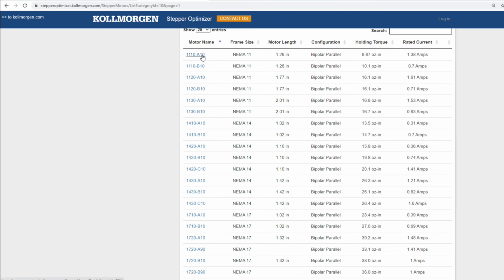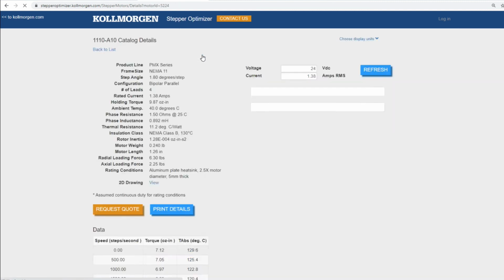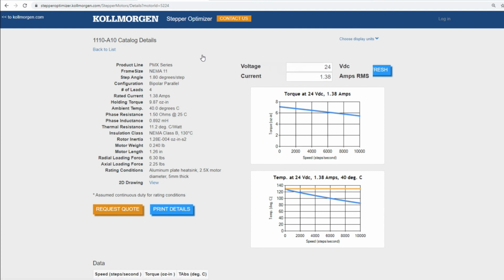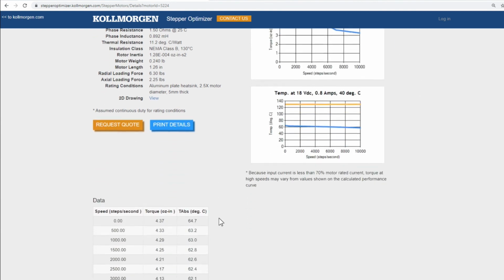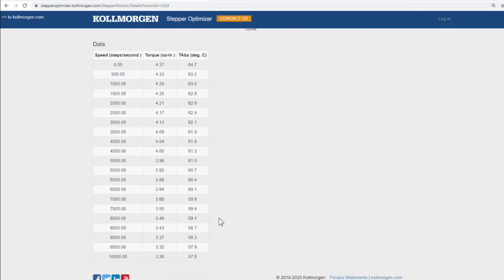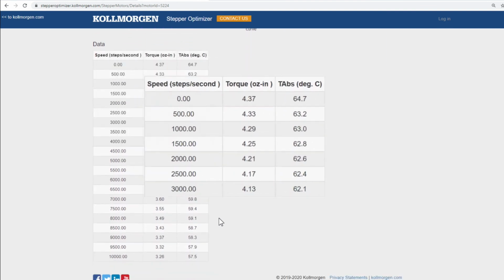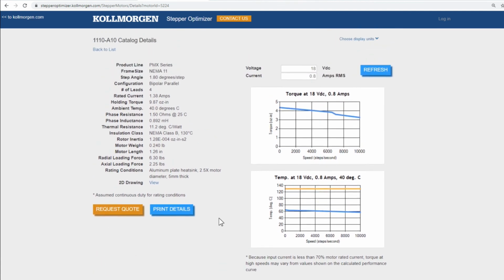This will take us to the catalog details, like the sizing details from before. However, now we can adjust the voltage and current to any input we may require, allowing us to customize the torque speed curve displayed. Simultaneously, the theoretical temperature speed curve will be updated as well. As before, we still have our motor specifications and torque speed data in the table format. If this is not a motor you already have but want to purchase, you can use the Request Quote button